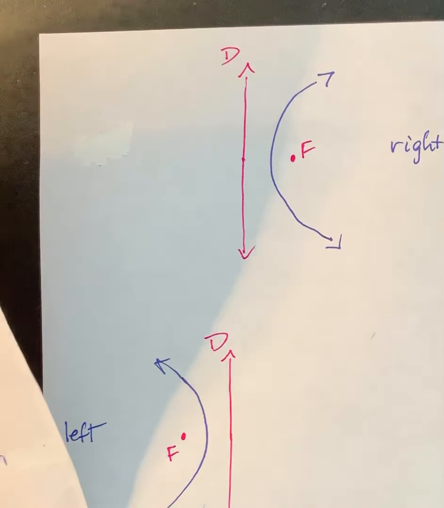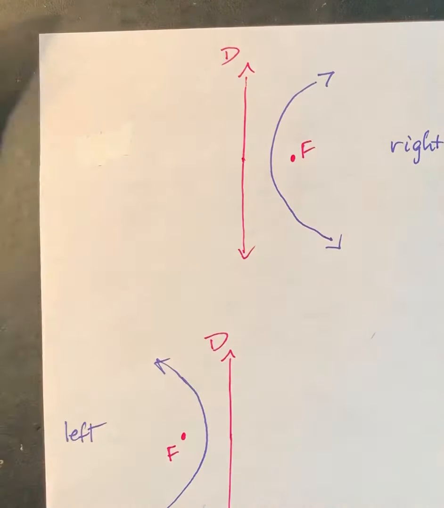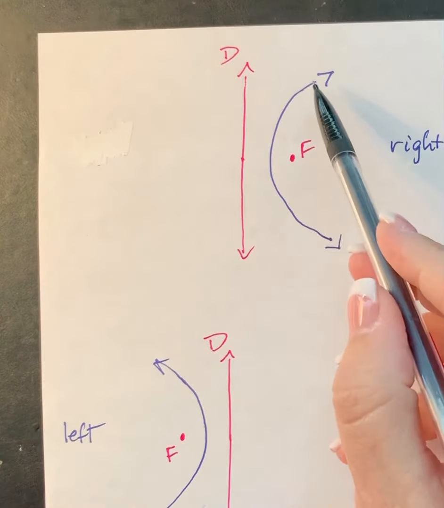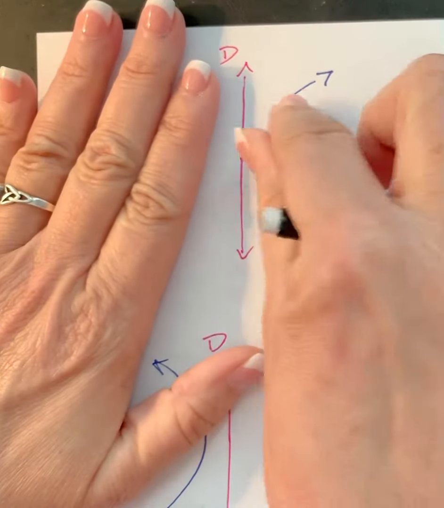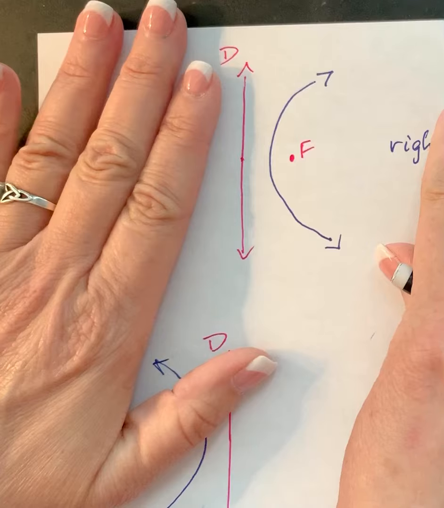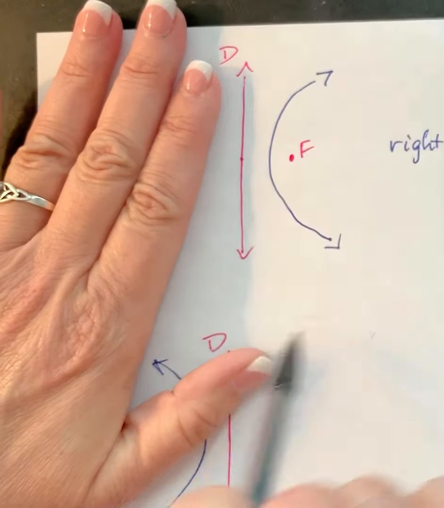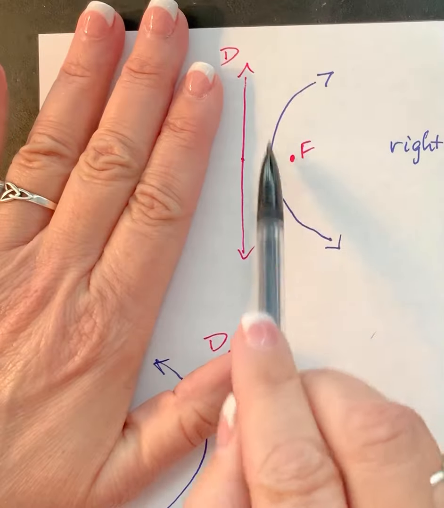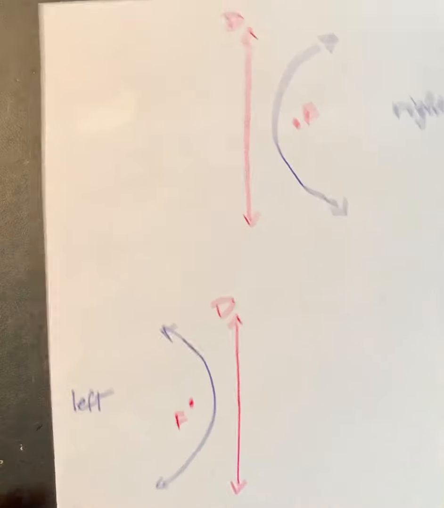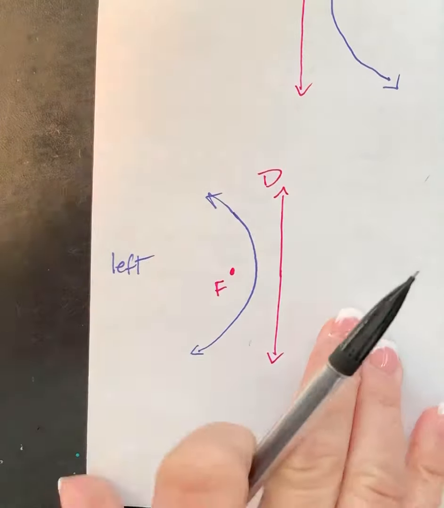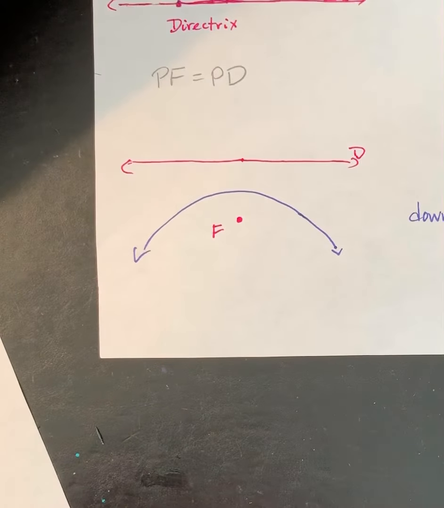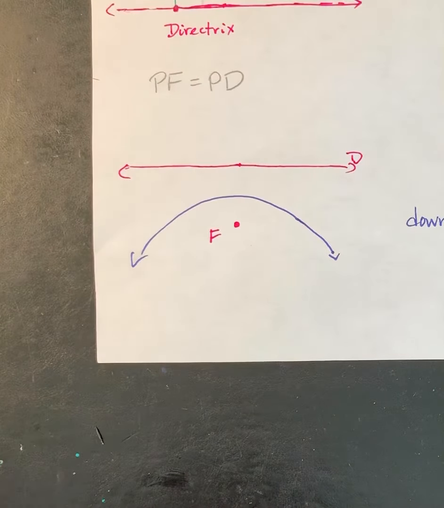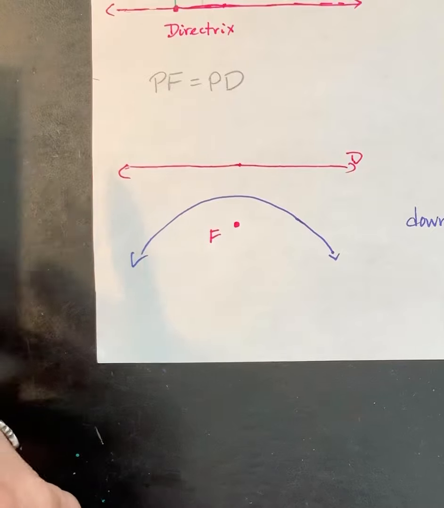Now, the one thing you'll notice that all of these have is that the parabola itself opens going away from the directrix. It goes in the direction away from that line, and the focus is inside of the parabola itself. So that's always going to be true no matter which way that it's oriented. Now, if we look at